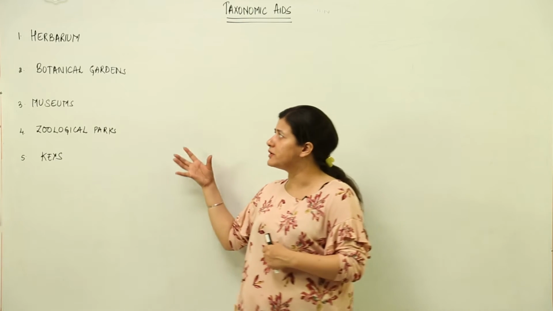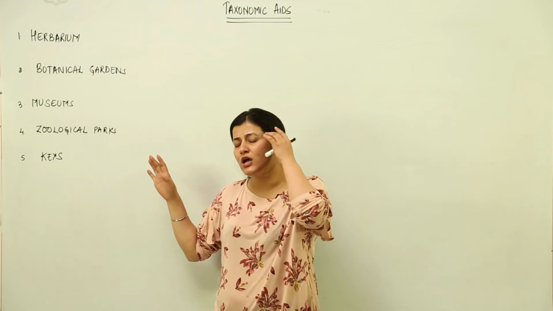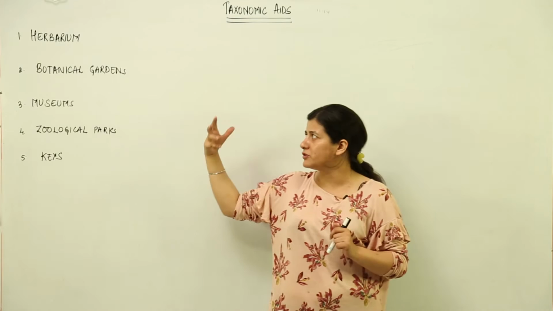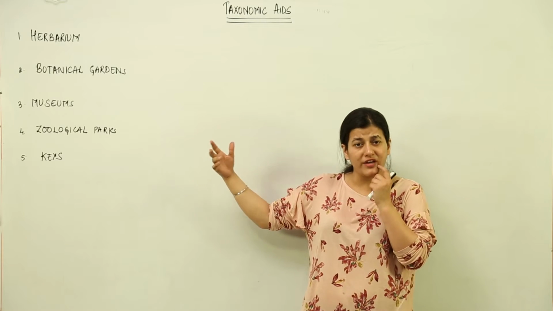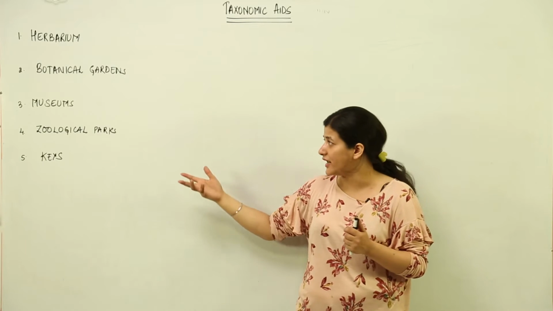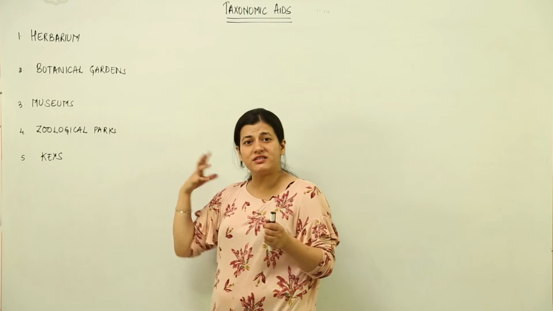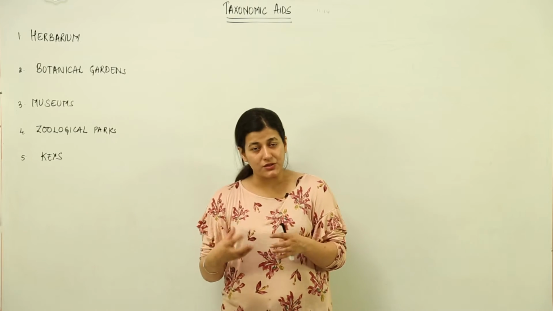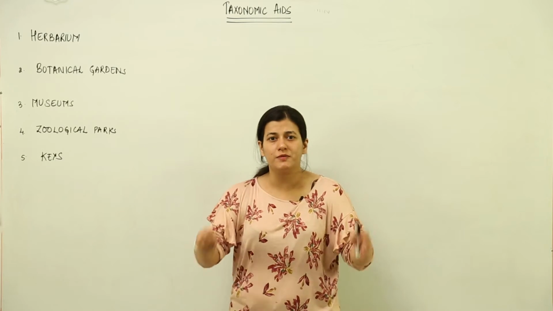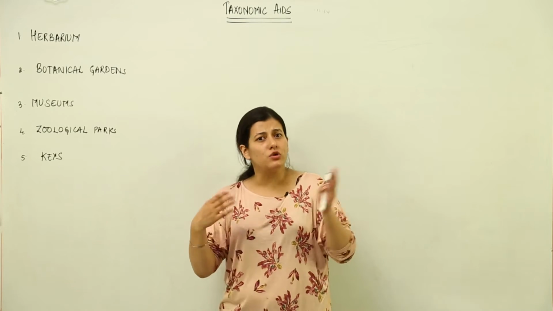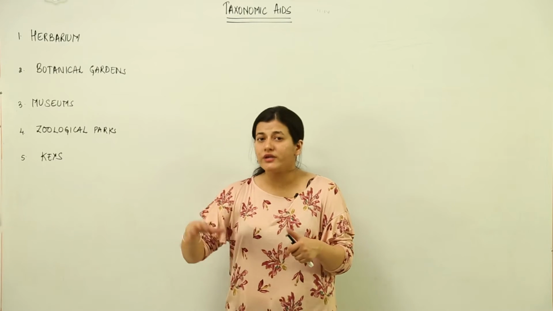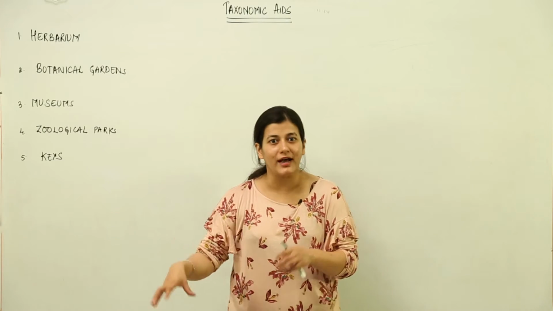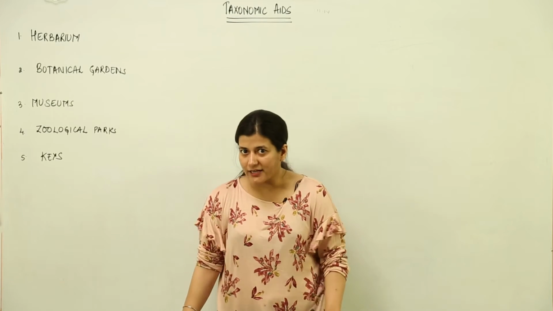There are many famous botanical gardens in the world. There is Royal Botanical Garden of Kew in UK. There is a quite famous Indian botanical garden, that is Howrah's Botanical Garden. There is Botanical Research Center in Lucknow. So we have many botanical gardens where you are going to find the plant species, be it herbs, be it shrubs, be it large trees, whatever plant life could be supported in a given habitat, that would be present in the botanical garden.